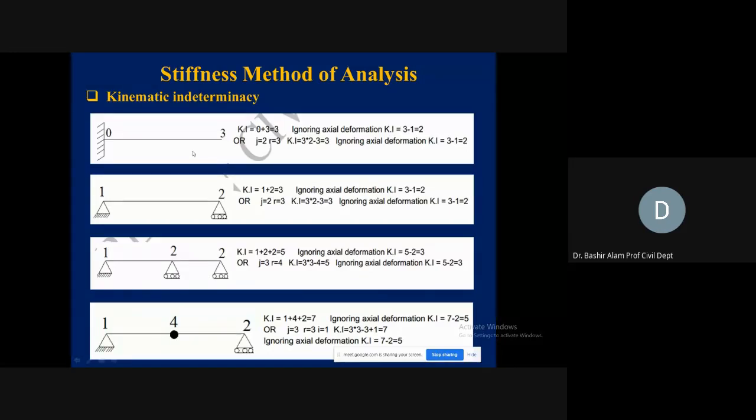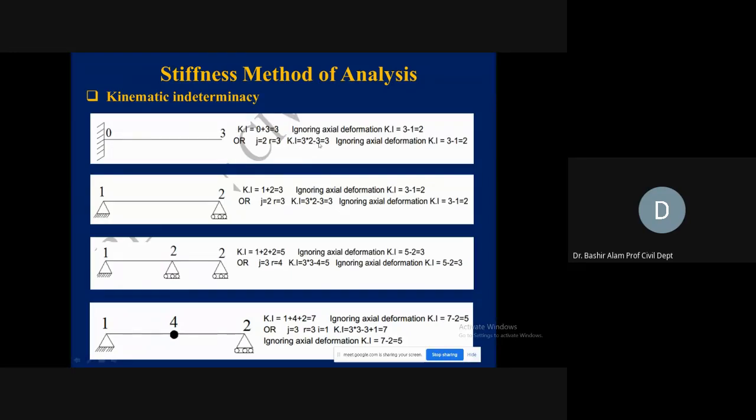Now, if we ignore the axial effect, we are taking out the number of members here. So ignoring axial effects, 3 was the total minus 1, because of this one member. So this is now becoming 2 degrees indeterminate. Or if we use the equations directly, the equation was